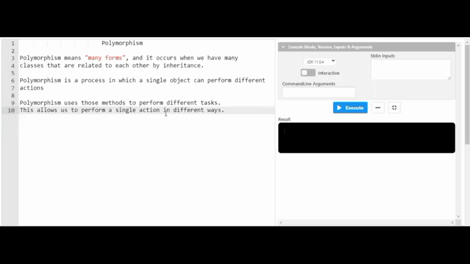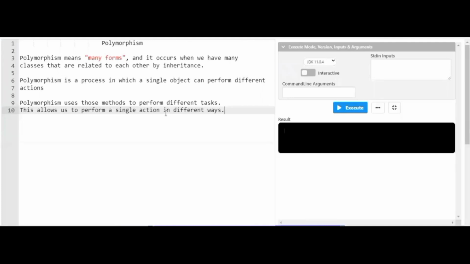So friends, speaking about polymorphism, what is polymorphism? Polymorphism means nothing but a single object can perform multiple operations. The definition signifies polymorphism means many forms, and it occurs when we have many classes that are related to each other by inheritance. That's exactly right, friends.